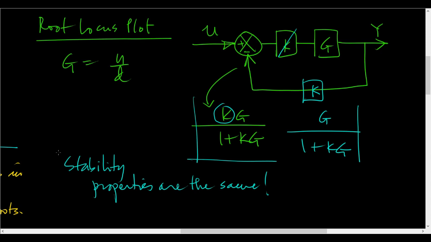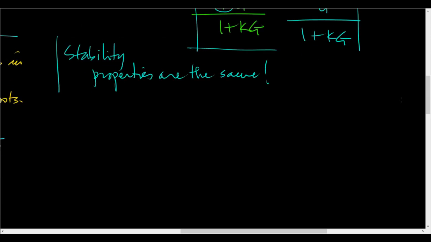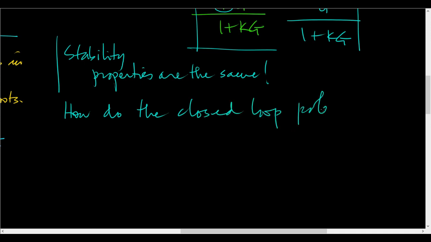Okay, very good. And so for stability purposes, we might as well put the K here. It doesn't matter. Let's not have this. So then what happens? How do the poles behave? How do the closed loop poles behave as K changes